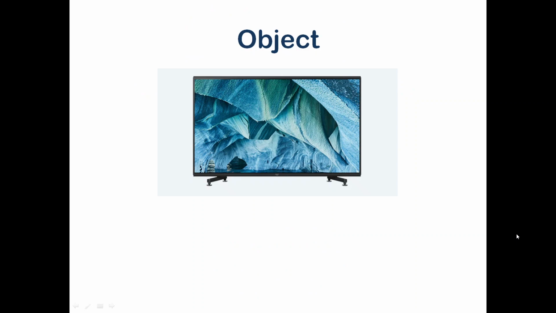To start with, the most important thing you have to understand when you start learning object oriented programming is the meaning of an object. Without properly understanding the meaning of an object, it will be very difficult for you to understand the various OOPS concepts. So I'm just going to start with a general example before moving on to the actual explanation. I'm considering this television as an object.